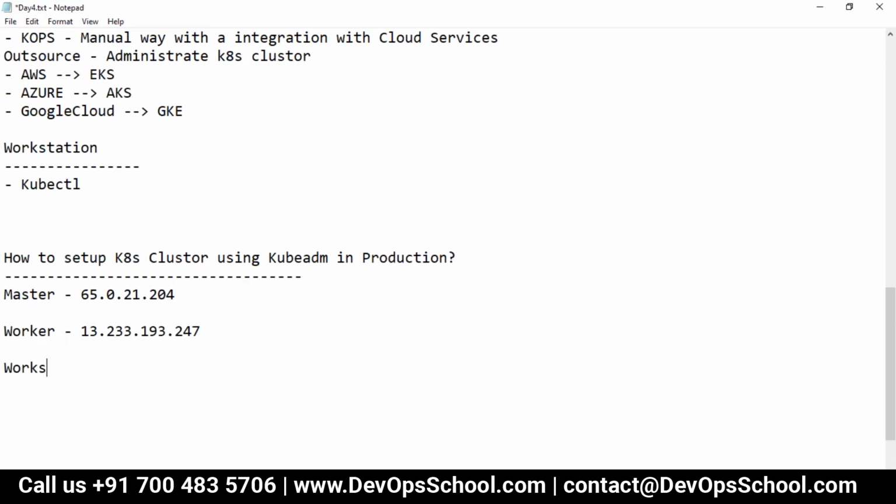Okay, workstation. Now guys, here I am doing a little bit of a workaround. For the workstation, what do you need? Think simple: kubectl.